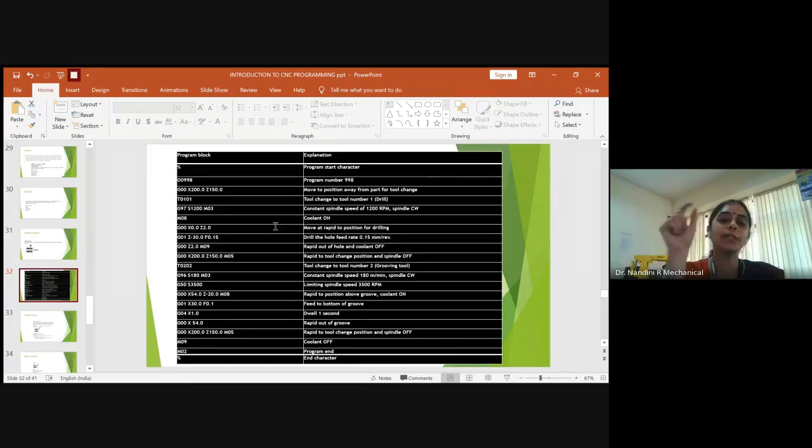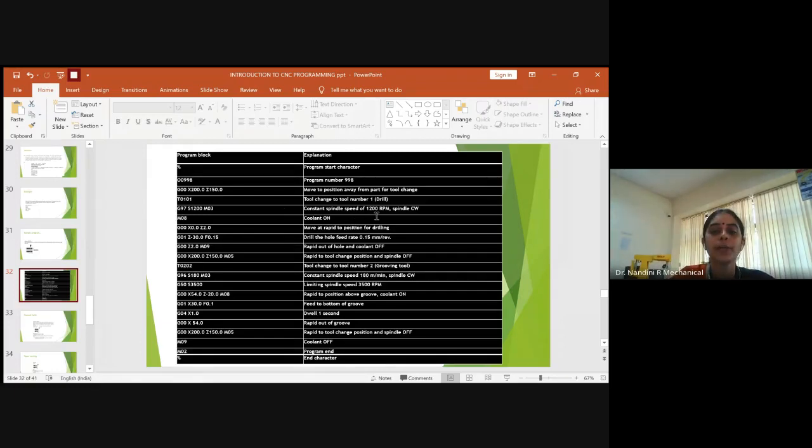While selecting the tool, it shows in the database which operation T01 stands for. So tool number 1 stands for the drilling operation. And there will be n number of drill tools with respect to the offset number. So you will search for the offset number in the database and you will select the drill bit of offset 01. So once you select the tool, then you have to set what spindle speed you need, right?